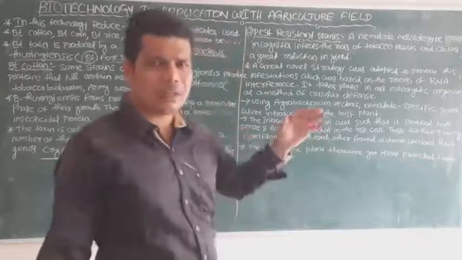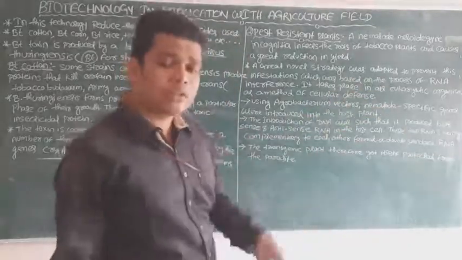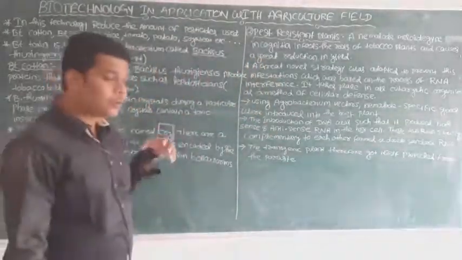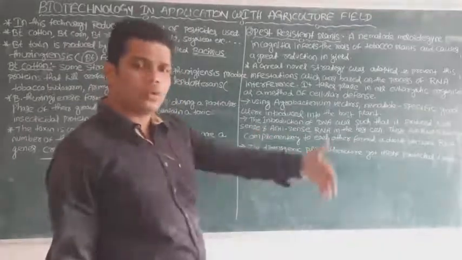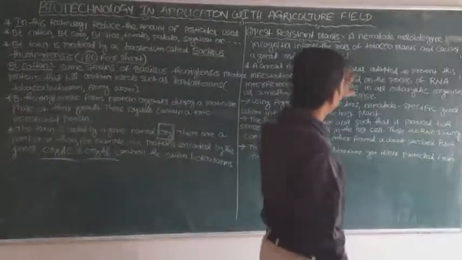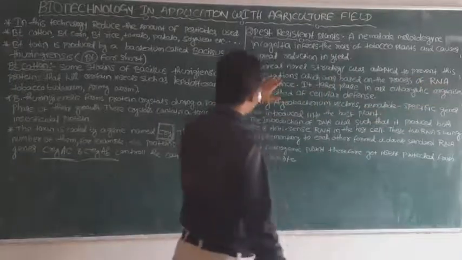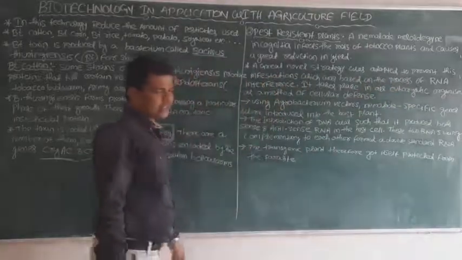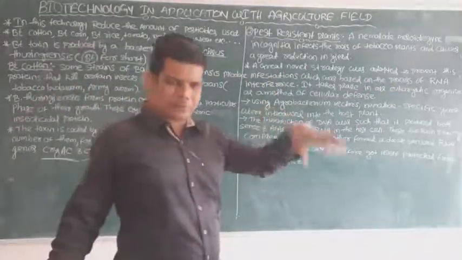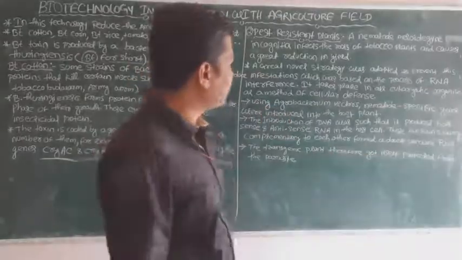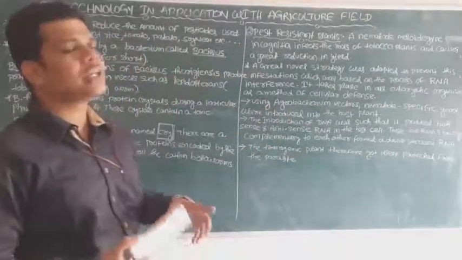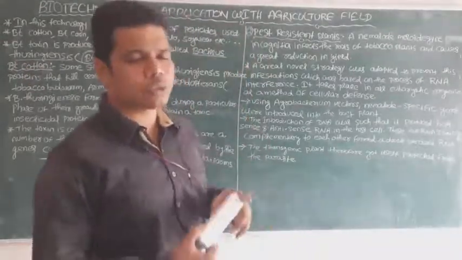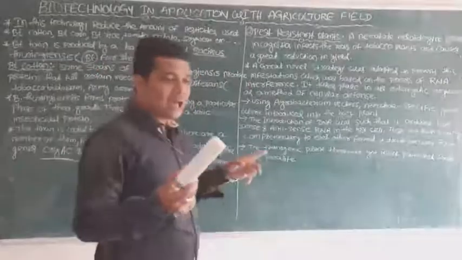so that it can kill the plant. To reduce this effect we can use a strategy, genetic engineering technology. A great novel strategy was adopted to prevent these infections, based on the process of RNA interference. That means we can collect the RNA from the tobacco plant's roots, then clone it using recombinant DNA technology, by the process of genetic engineering. By this process the RNA will be